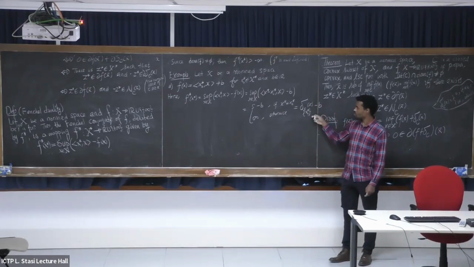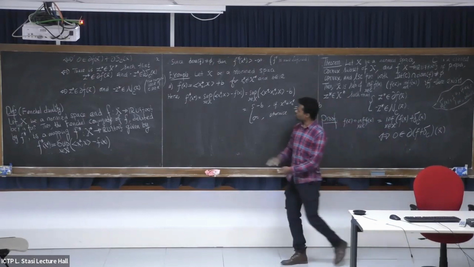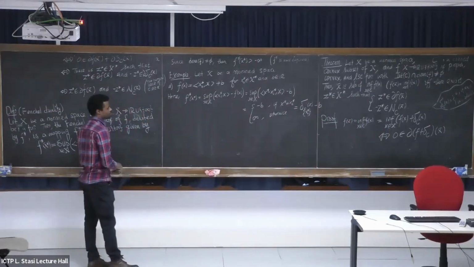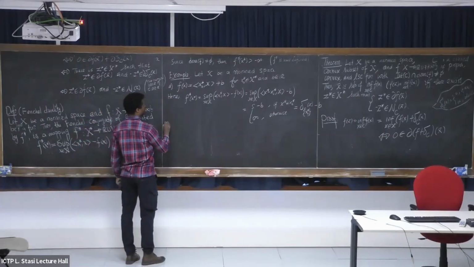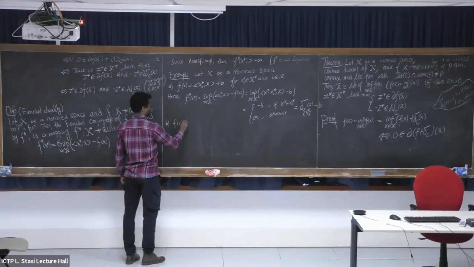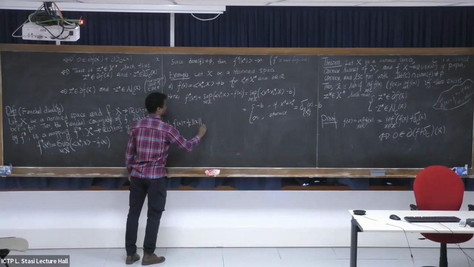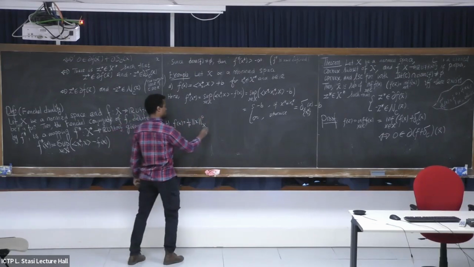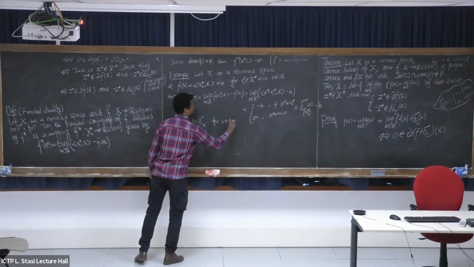This dual is equal to this one. So this function, the dual is that. And actually, we can show, if this is a function, then its dual is